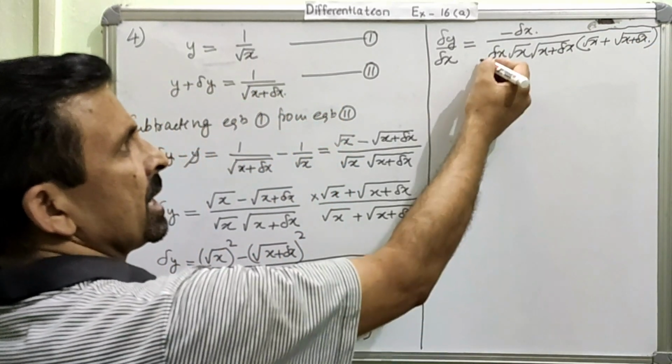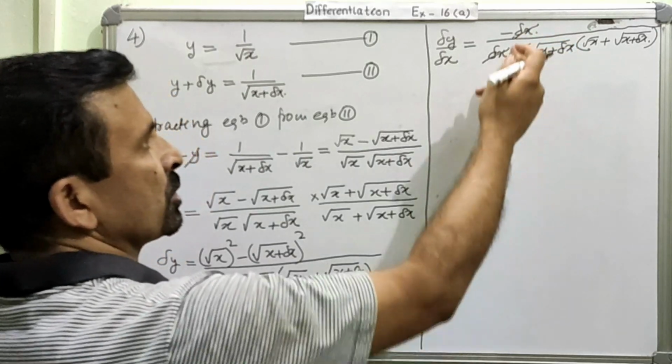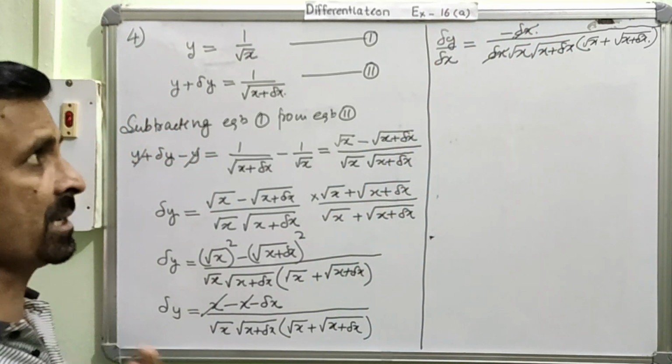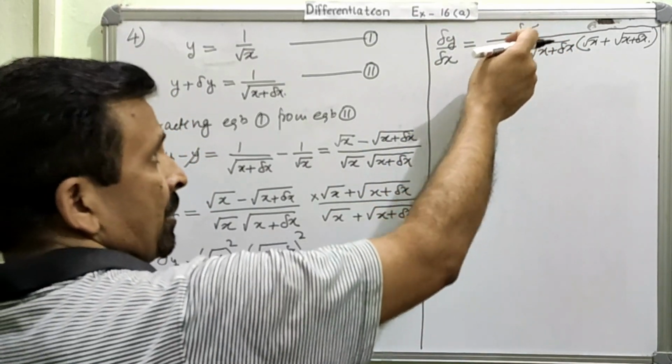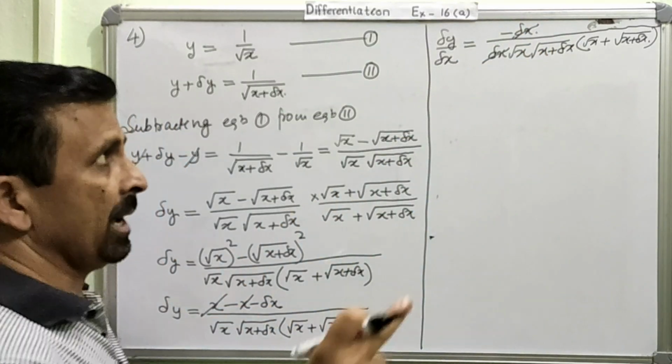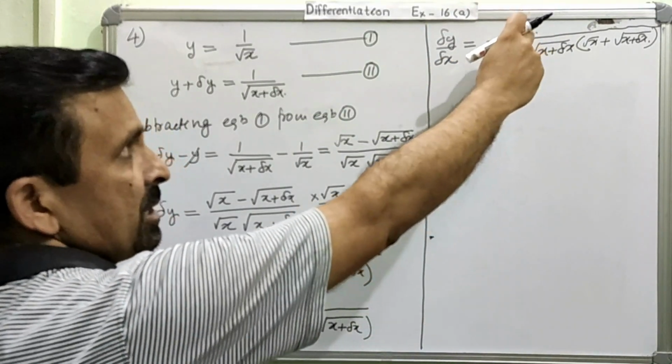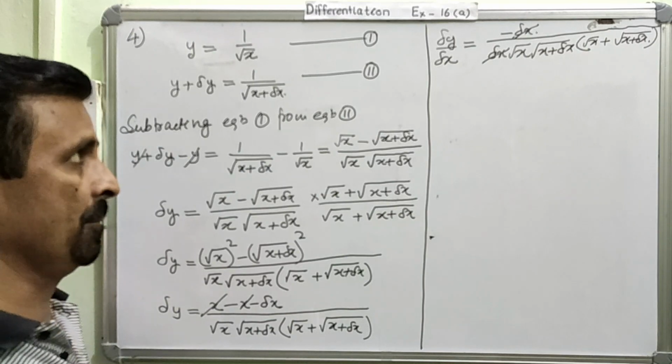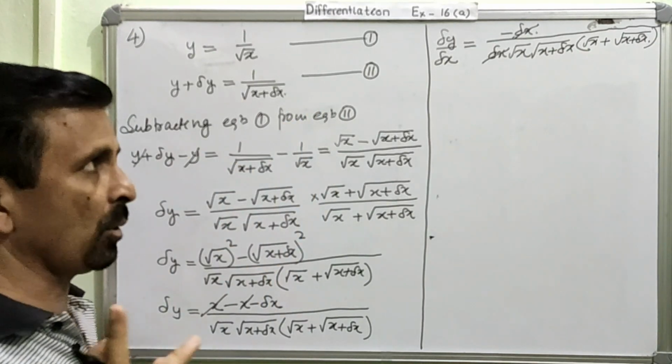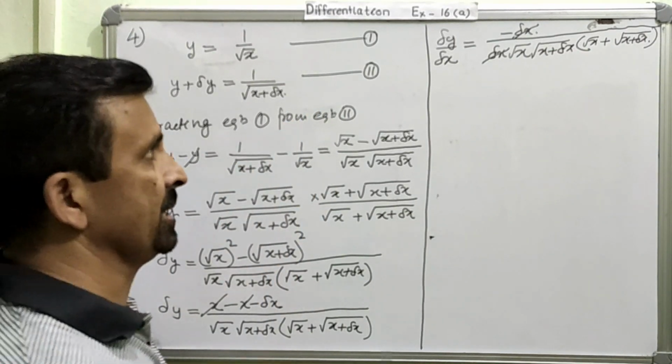Am I clear? Now you can see this is simplified. Now in numerator you have only minus 1, don't say 0. The number divided by itself is always 1, and this is negative, so it is minus 1. In the numerator now you are left with minus 1. So step number 4 also is done. Now the only thing is taking the limit on both the sides.